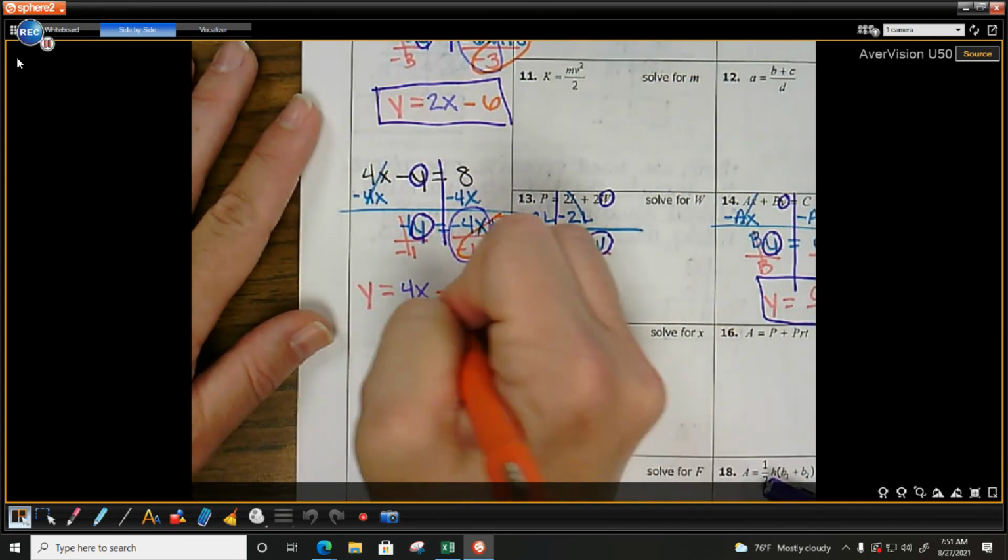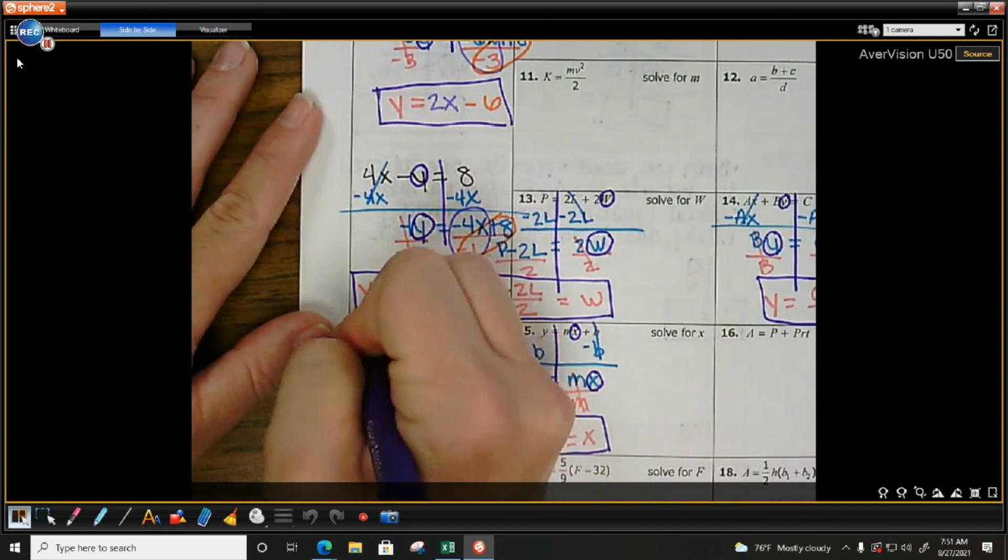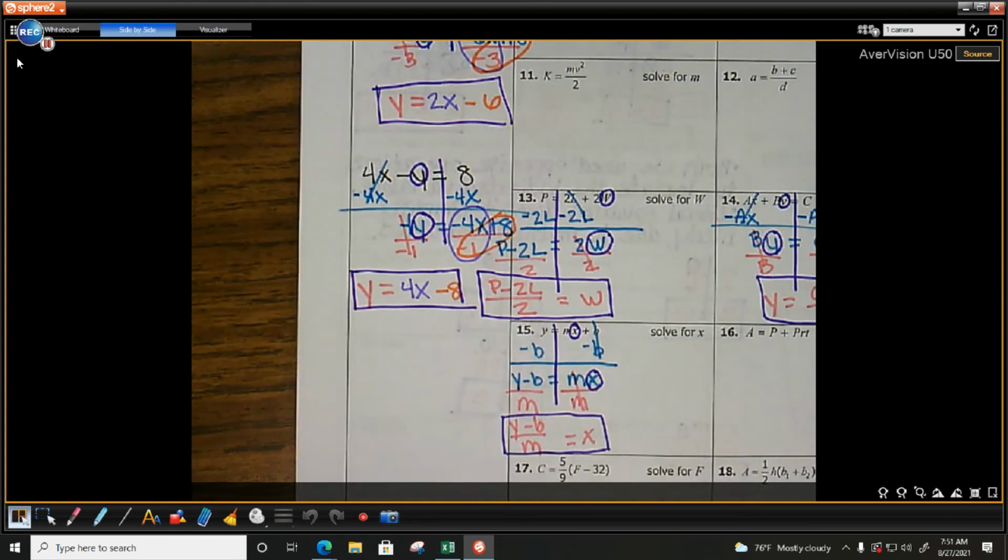Biggest thing on this one, guys, make sure if there is a minus in front of your y and you're solving for y, it's not okay to have your answer say negative y equals something, okay? We good? We are done with our